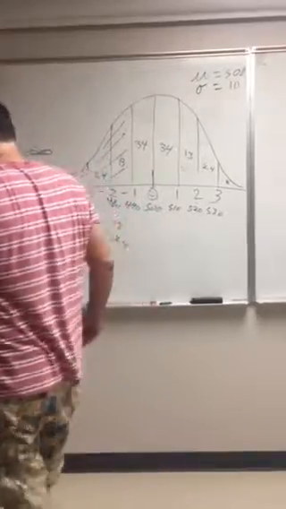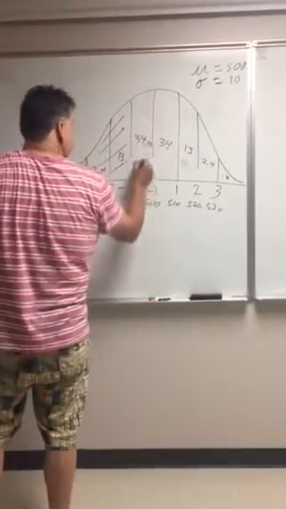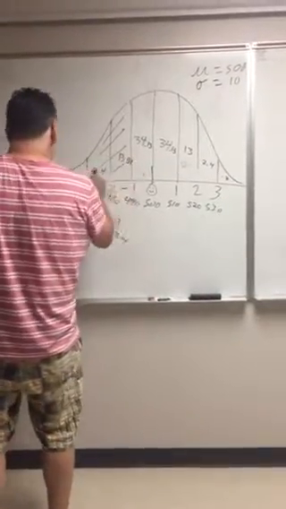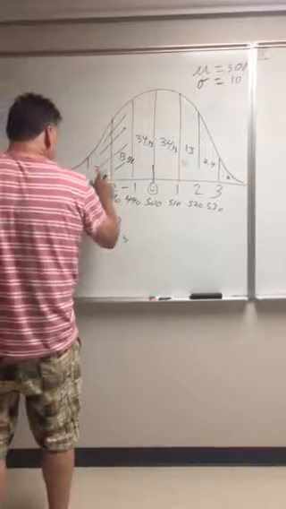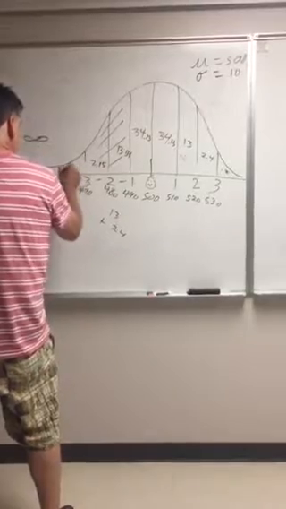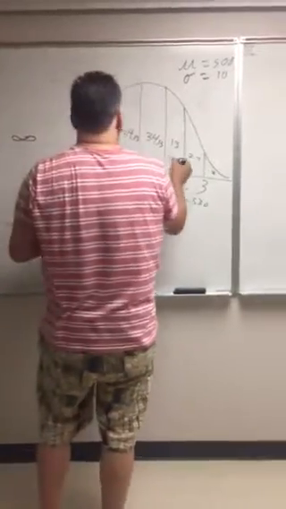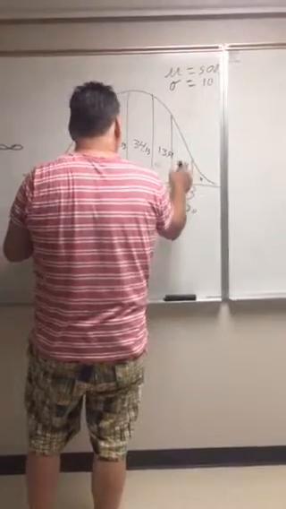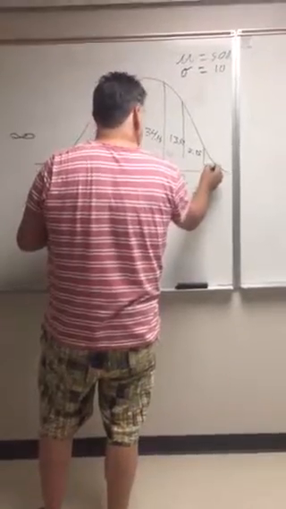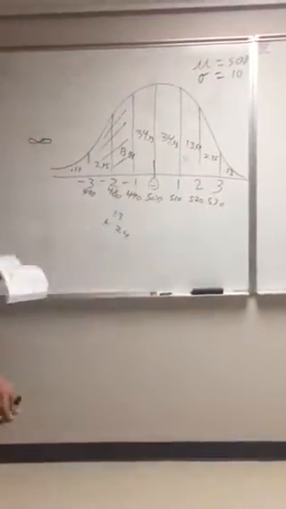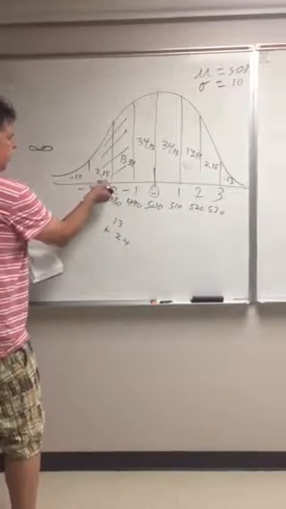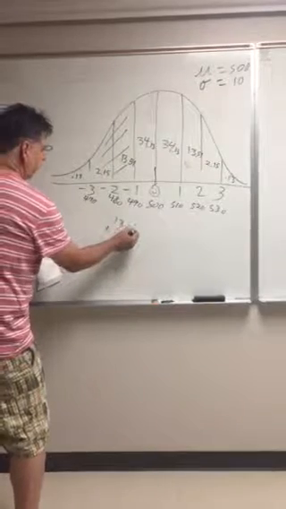So 34.13 in our book, and 13.59, and then 2.15, and then 0.13. So it's a little different in each book. 13.59, and then 2.15, and then 0.13. So all I would have to do if I was asking for these two values is just add those up. So 13.59